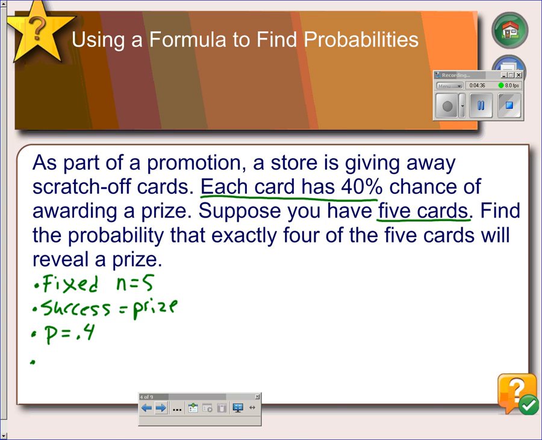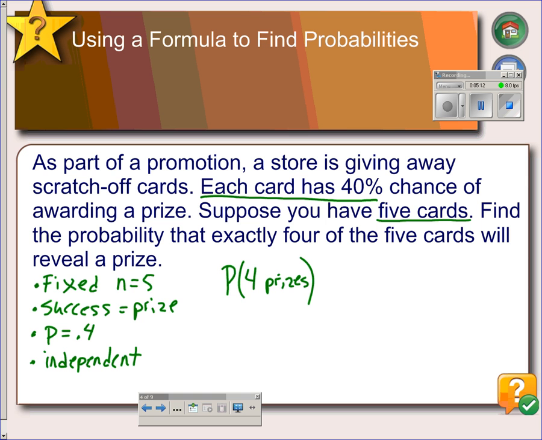And finally, we need independent trials. There's no reason to suspect that if one card has a prize, the next one would have any different probability of being a prize. So we are looking for the probability of 4 prizes